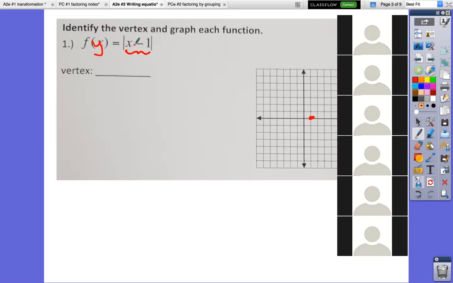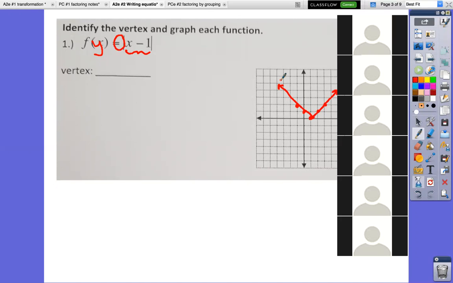Not yet. No, it hasn't been stretched or shrunk because what's in front of here, I don't see a number, so it's just 1. And that introduces the concept or the idea of slope. And remember, absolute values make V's. So I can graph all of these without making the table. So that's why it's important to know what the vertex is and how everything has been